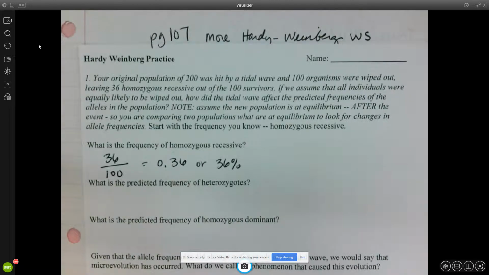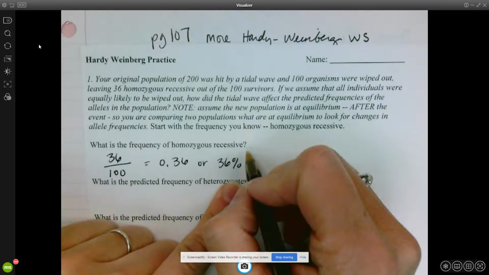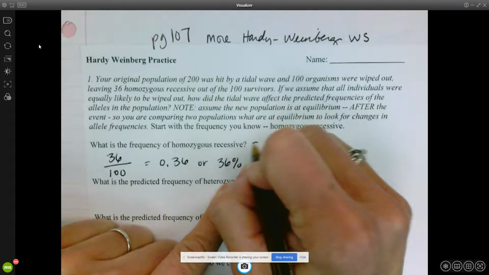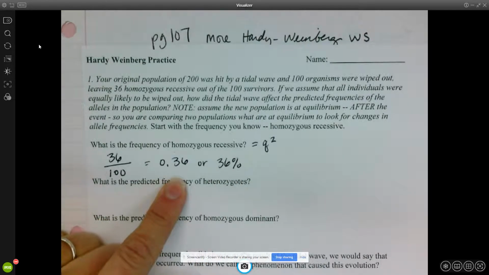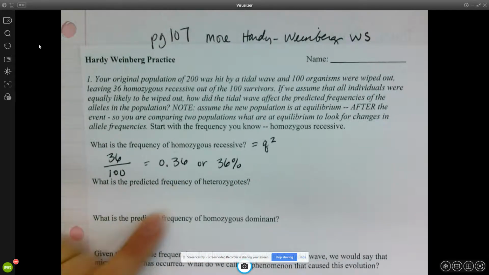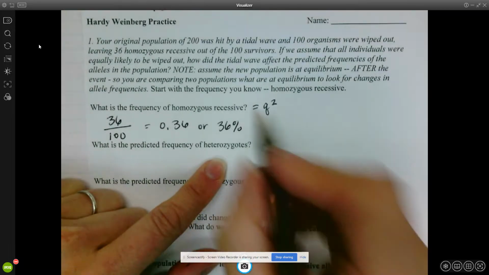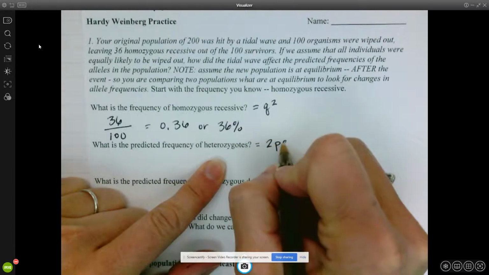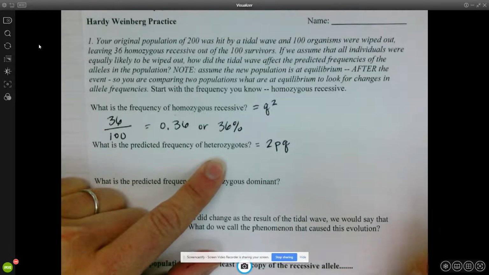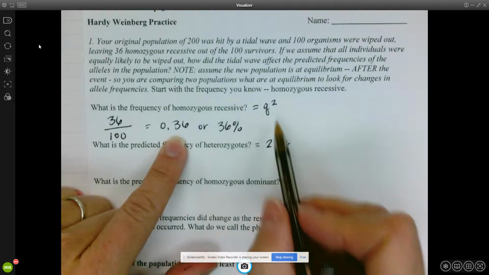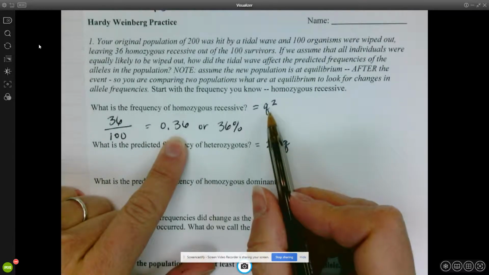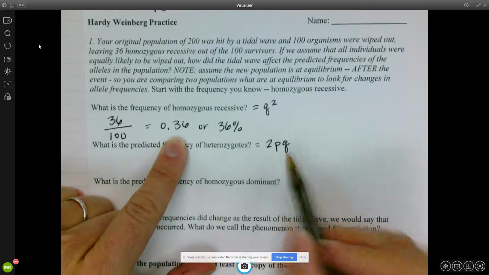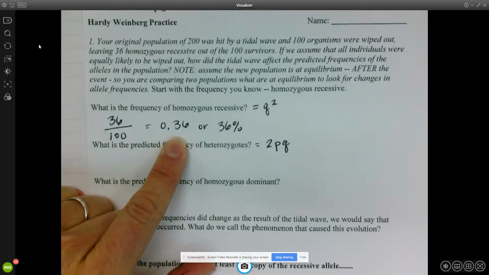My handy dandy calculator. If you haven't heard, I don't do math in my head. All right, so homozygous recessive is equal to q squared. That was given to us in the problem, so we're done with that one. Now looking at the heterozygotes, this is equal to 2pq. We have enough information that we can get the heterozygotes. So we don't want q squared for this one. We only want q. So if you take the square root,